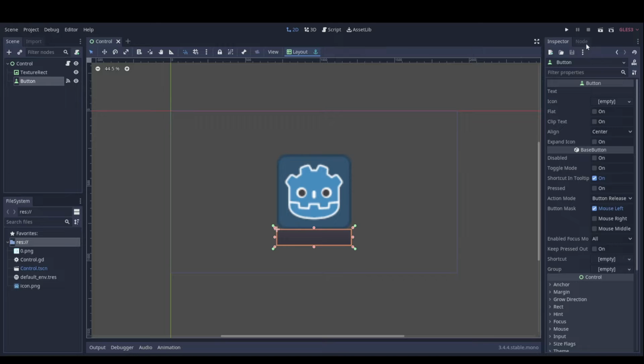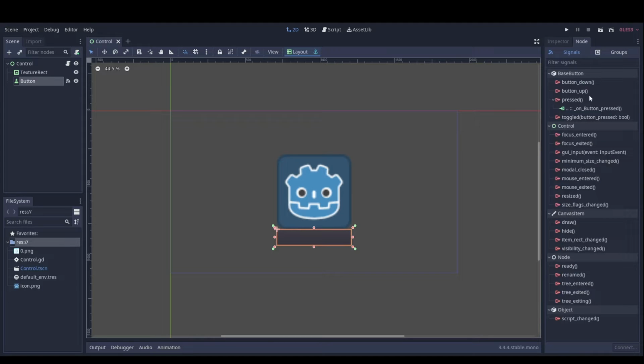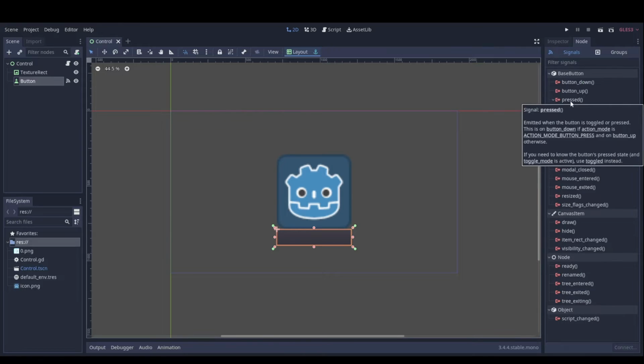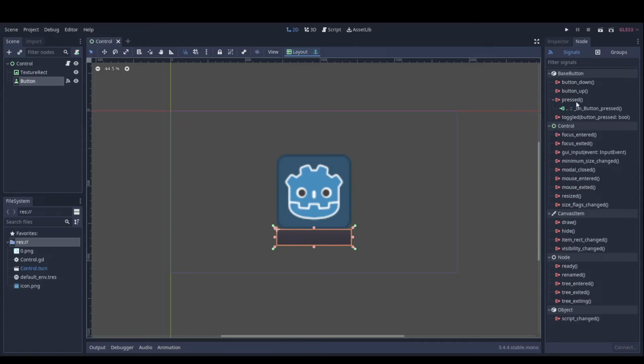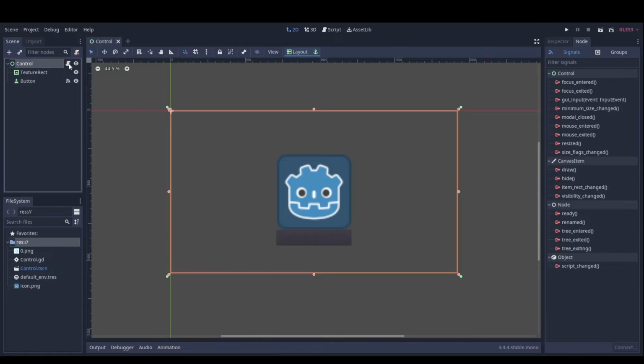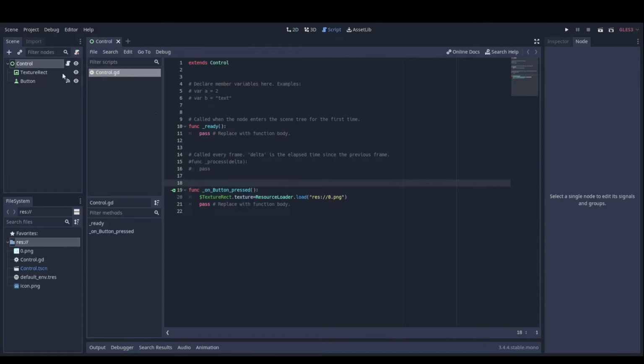First, go to the button and do a pressed signal. Next, you'd want a script. Then the code would be